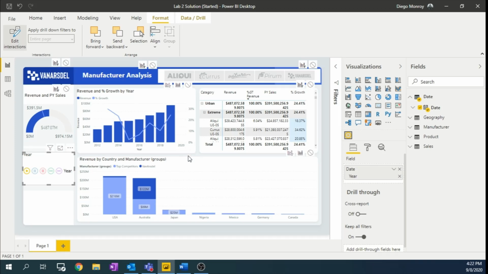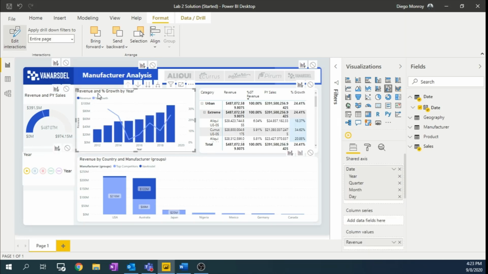One of them is to not filter it. If you don't want this gauge to be filtered by this slicer, just click this button, and if you want to filter it, click the filter button. But for revenue and percentage of growth by year,